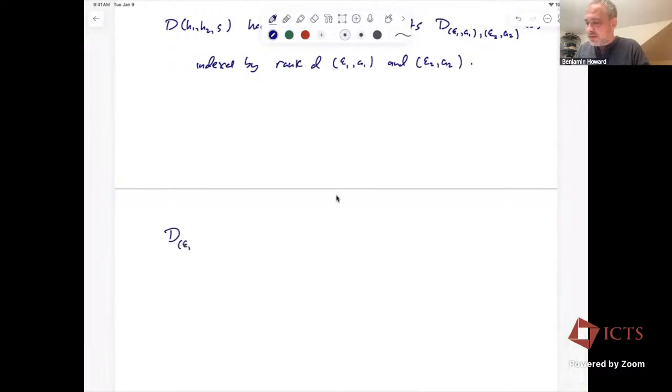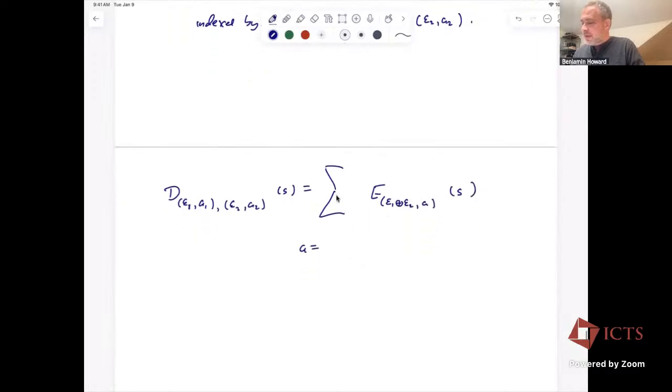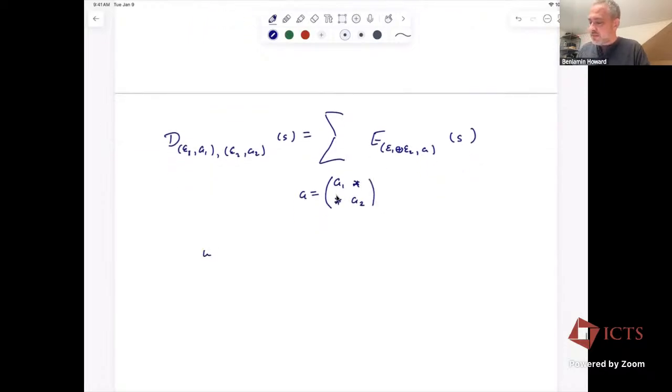D, E1, A1, E2, A2 of S is some sum of Fourier coefficients of the original Eisenstein series, where you're running over rank 2D Hermitian vector bundles where the underlying vector bundle is fixed as the direct sum, and the Hermitian pairing looks like this, where the sum is over all